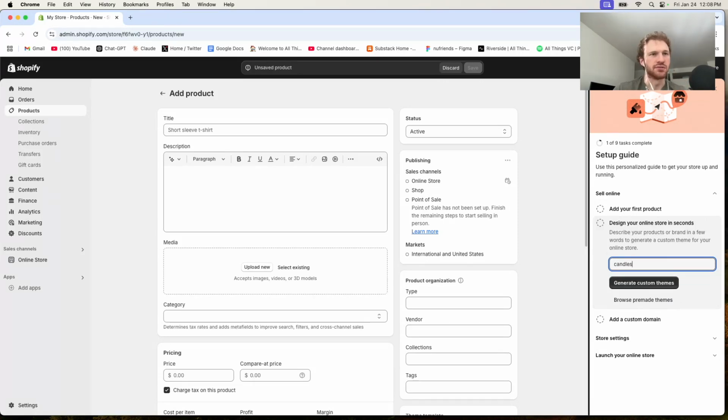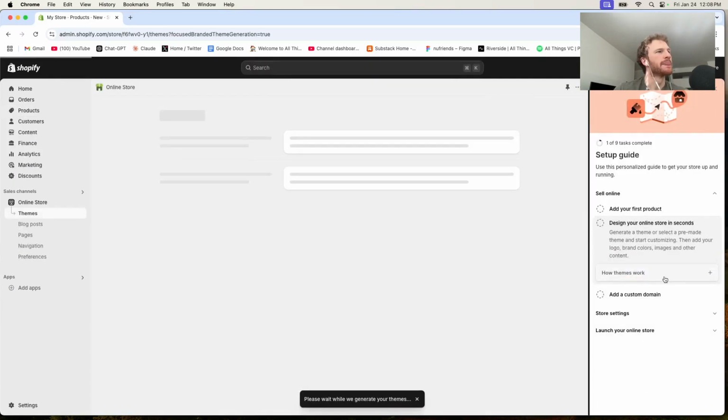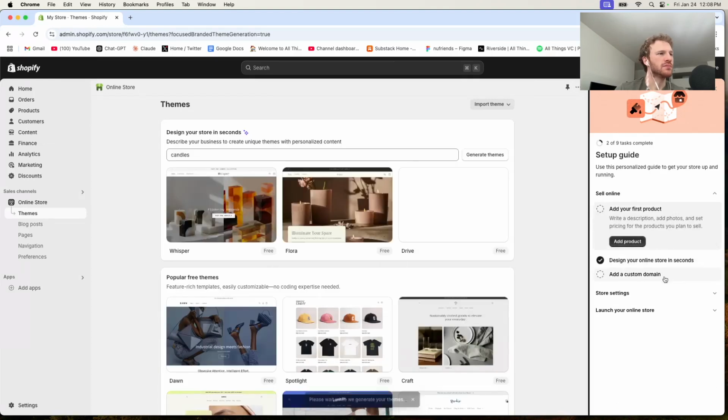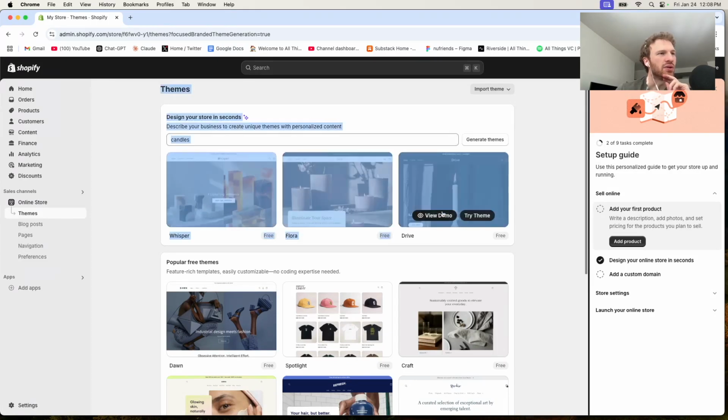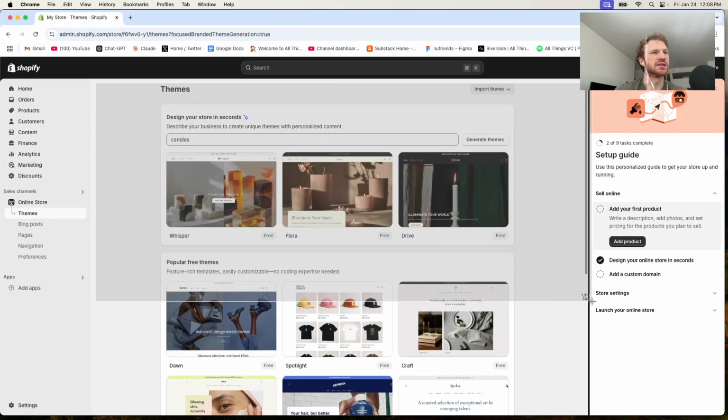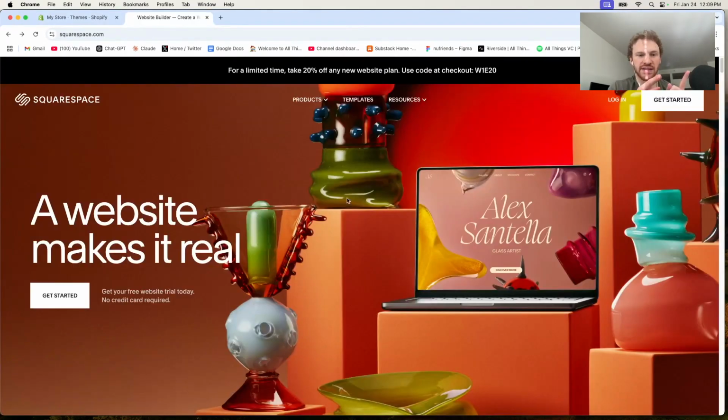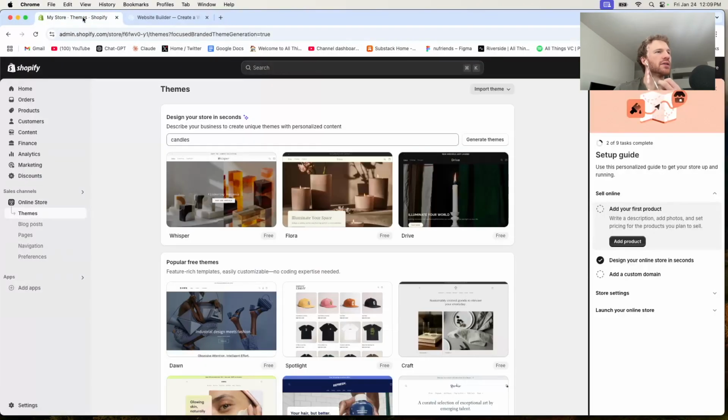So again, we're going to sell candles. So if I browse themes, I think this is nice. Part of me thought it would be a little more interesting to have this whole section be these top 3 themes and just be able to slide over and see it real big. Like I think Squarespace shows it like this, the full website, and then you can just click the arrow to tab over rather than just like,